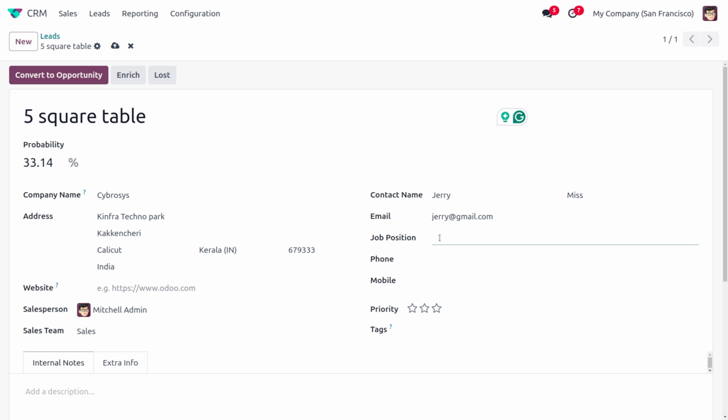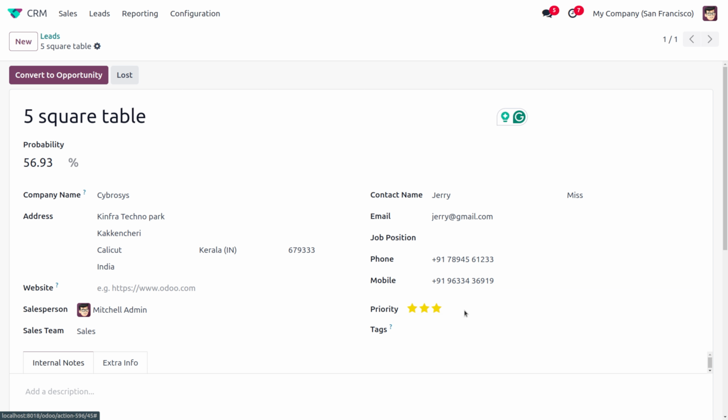And in this case, if you want to give other details such as job position, phone number and so on, we can provide that. I would like to give the phone number over here. And afterwards, if we want to provide the mobile number, we can also give that. Okay, and I'm going to set the priority over here.